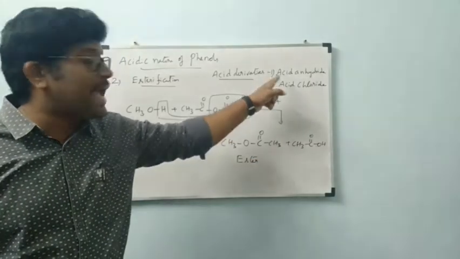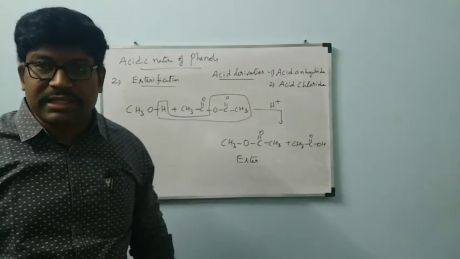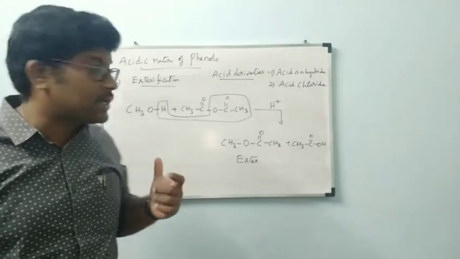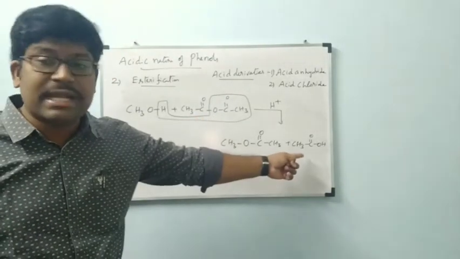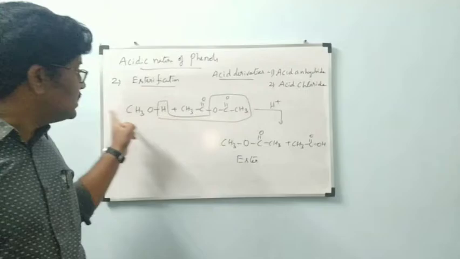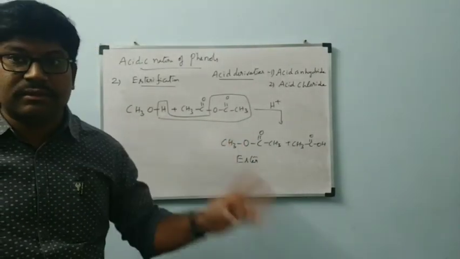If you take only acid, you will get water as the byproduct. Already we have seen that reaction. If you have anhydride as the reactant, you will get acetic acid as the byproduct. In this way, this one will undergo reaction. Next,